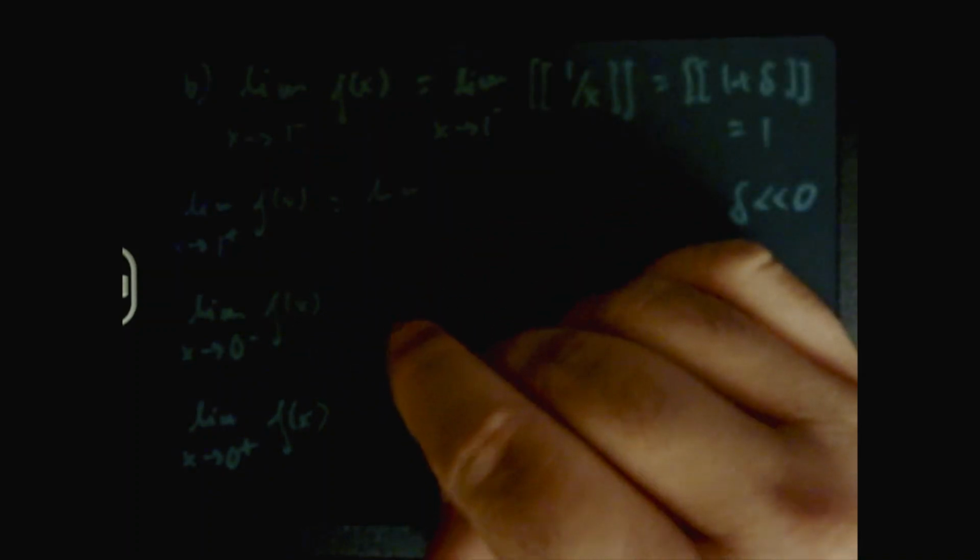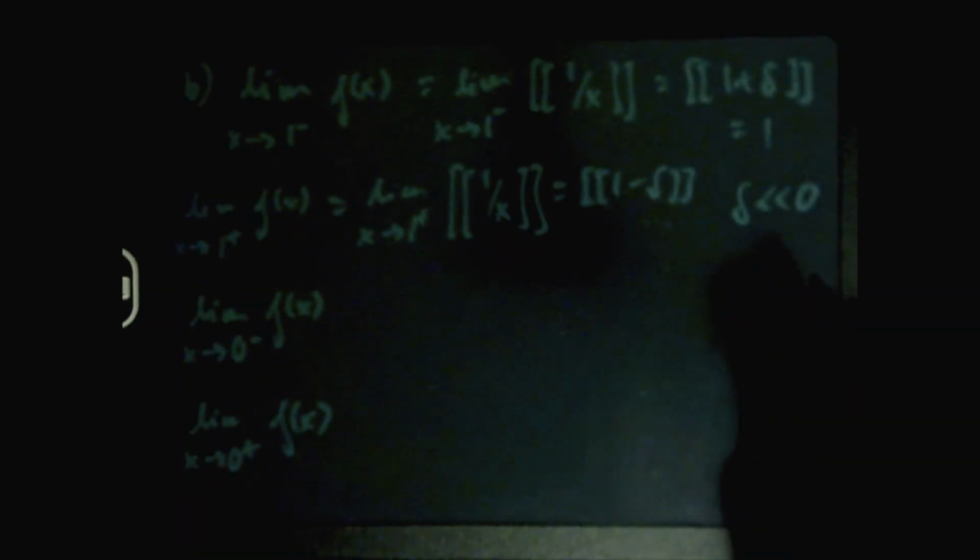I'm going to use the same technique in the other questions. So let's see. We have the limit as x goes to 1 from the positive direction this time. It's very similar, isn't it? It's 1 over x, but the sign next to delta is going to be reversed. So this is actually 1 minus delta, and once again, delta is again,